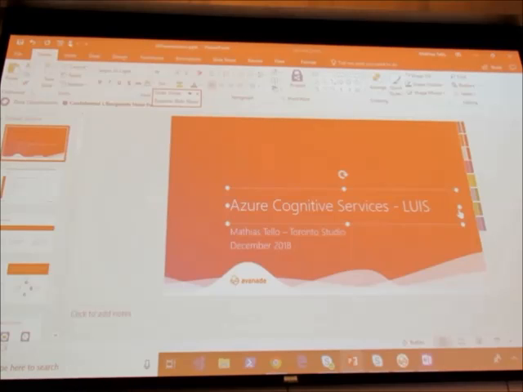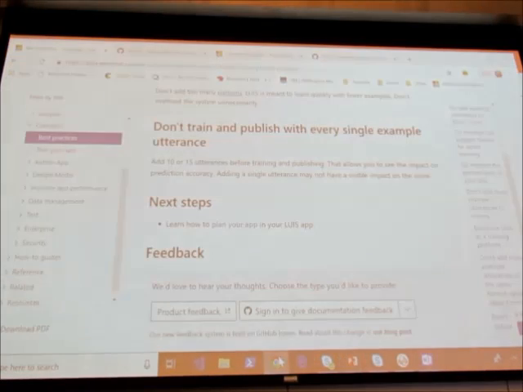Do you have any reference of commercial grade applications that are already using LUIS? Yeah, I don't think I have them written down. LUIS is used in a ton of virtual assistants, a ton of IoT stuff. I don't know exactly off the top of my head. We worked with Air Canada on it. If Bruno was here, I don't think he's here, but he would have more. It's there, I just don't have a list.